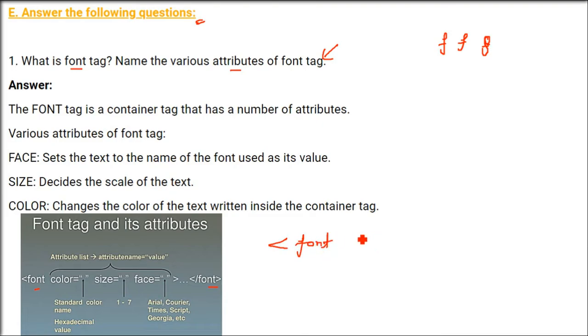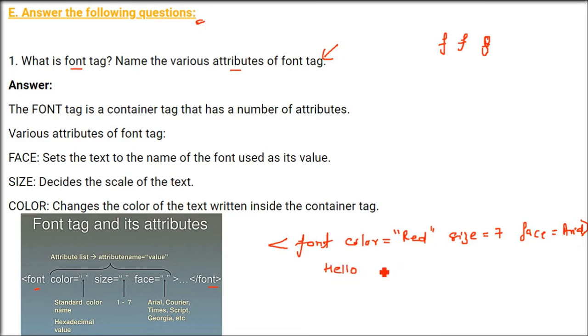So if you start with this font, you give color. Color you can give, say, red, any color you want. Then you have to give the size. That is, size can be a number, let's say 7. And the face. Now here you have to specify which font, which formation you want to show. Then you have to close it also.